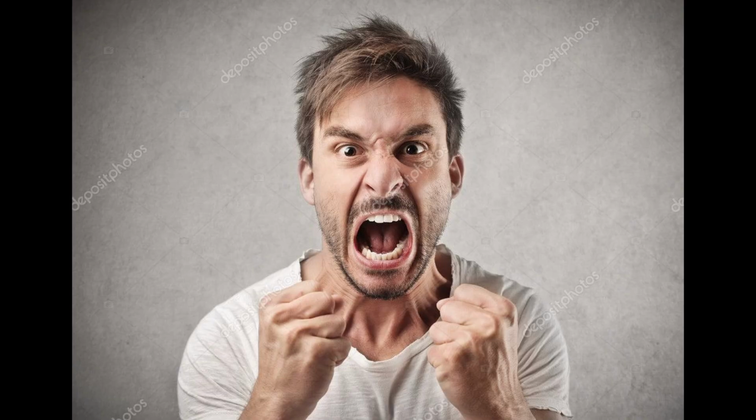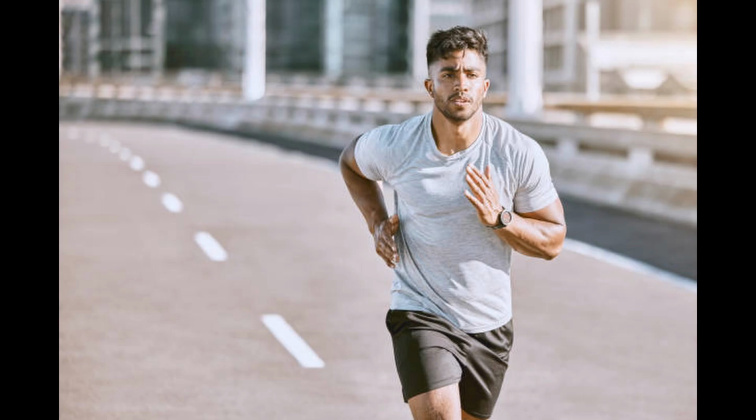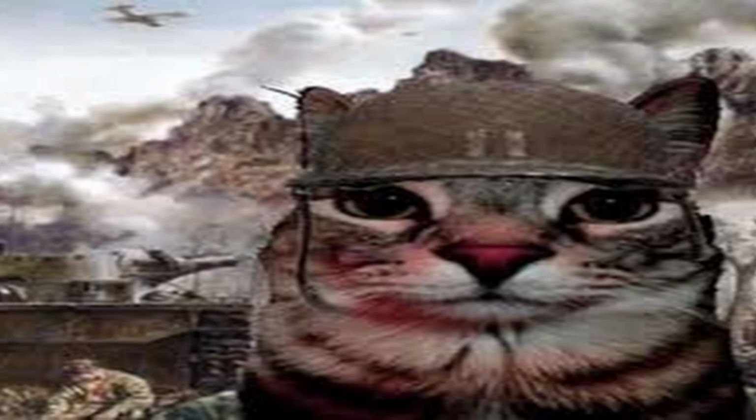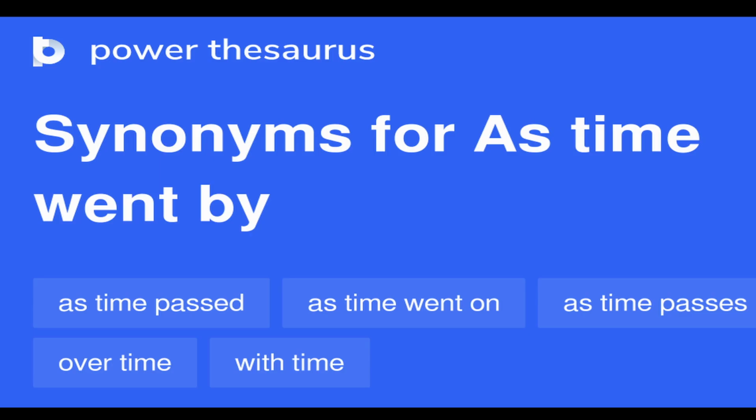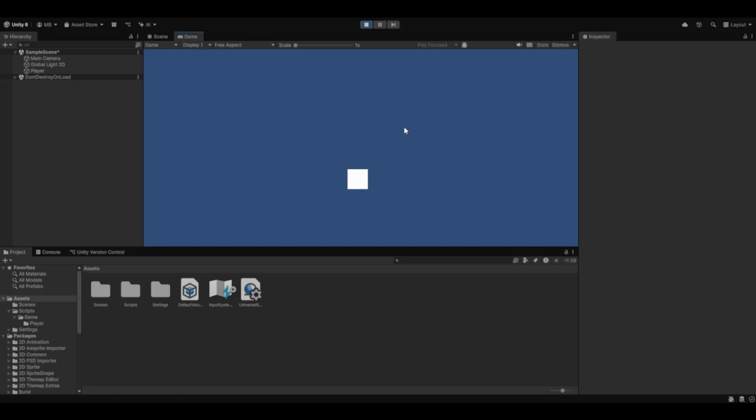I was slowly growing frustrated. Every tutorial I watched was outdated or the code simply didn't work. That's when Catman descended from the heavens and showed me the ultimate video tutorial on how to make a movement system for a top-down shooter. Then I started a new project and began working on it. As time went by, I was hoping it would work. But when it reached the moment to test it, well, you have to see it yourself.